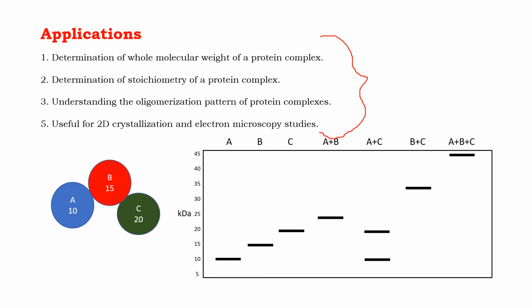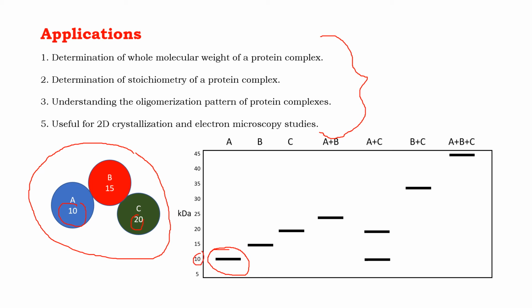So I am just going to present an illustration to determine how this all works out. Suppose that there is a 3 subunit protein complex made up of subunits A, B and C, having different molecular weights that have been given in the figure. Suppose that I express the cDNA of each subunit in an expression system either individually or combinatorially or in an entire fashion. So if first I would express only a cDNA for subunit A individually, then purify out the protein and carry out blue native PAGE, we will get a band at about 10 kilodalton.